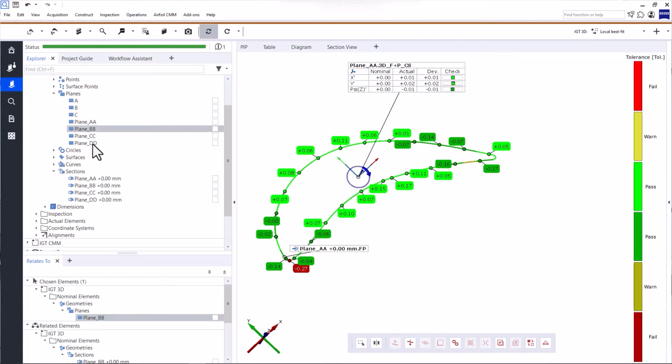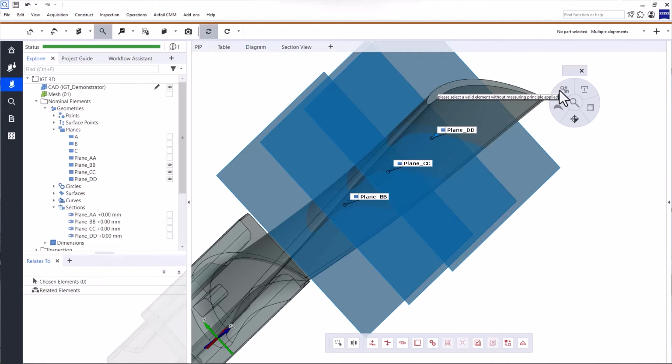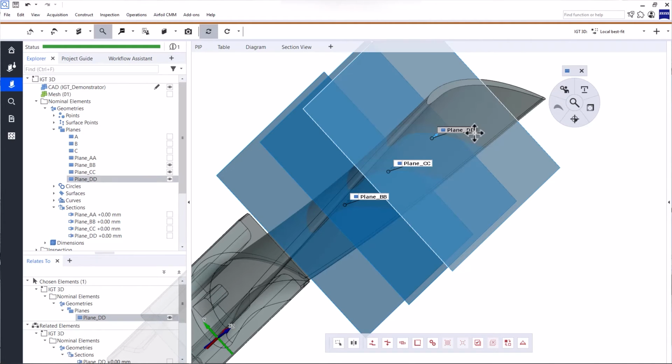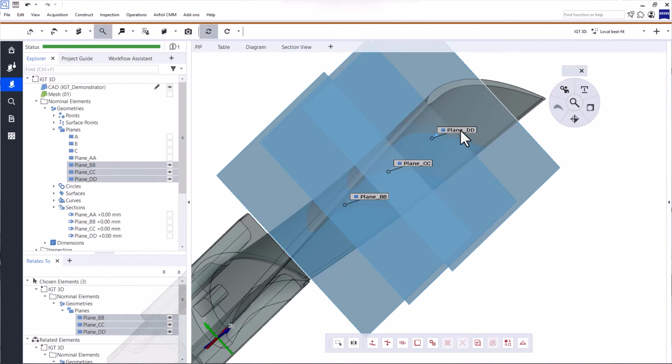Now let's inspect the additional planes in this project using the UDIP. Open iInspect. As you can see up here, iInspect now features another menu called User Defined Inspection Principle. To activate it, you need to select a suitable element. Remember, the functions available in iInspect depend on the elements you select in the 3D view or the Explorer. In this case, we need to select a plane. To make things even easier, you can select all the inspection planes with Control and the left mouse button. Then click User Defined Inspection Principle in iInspect.